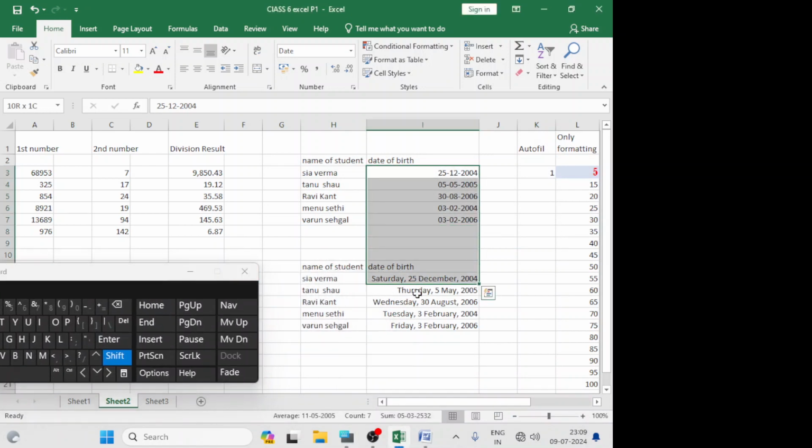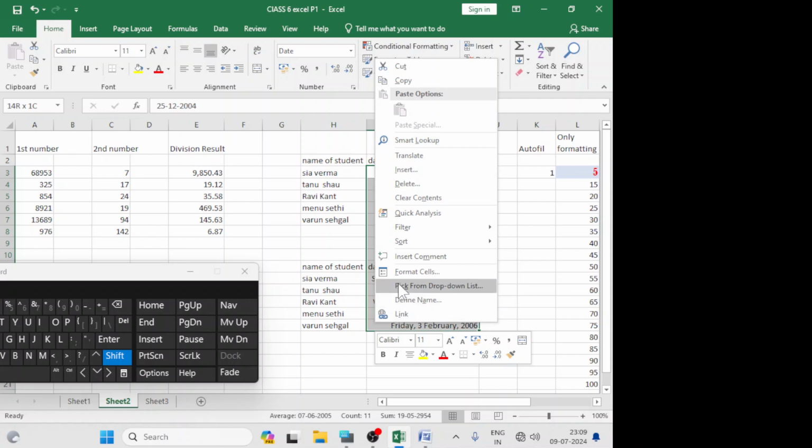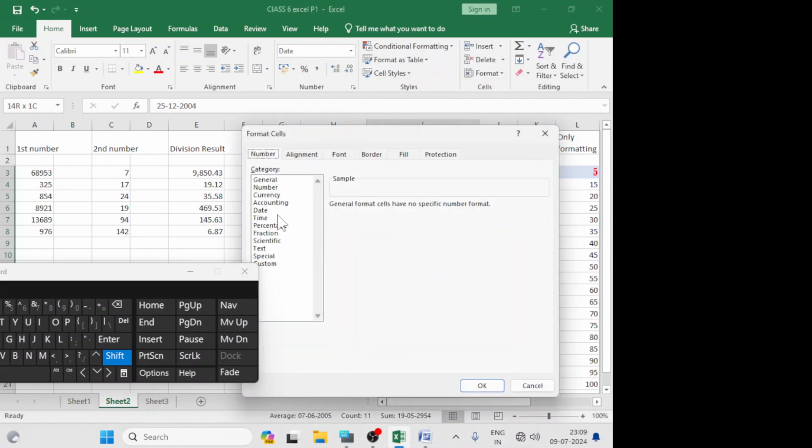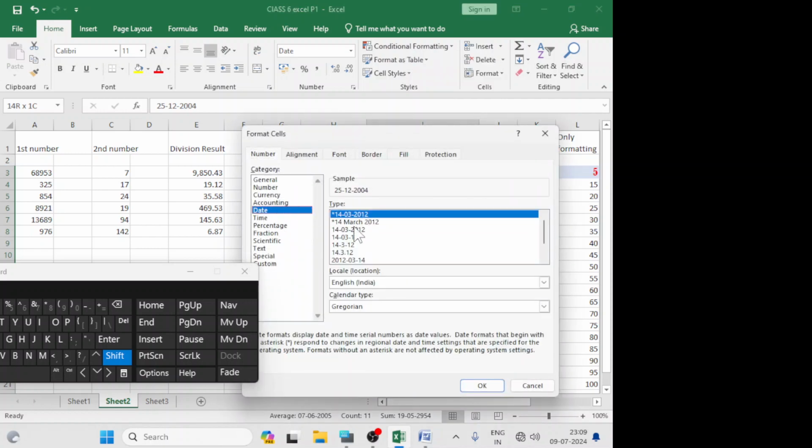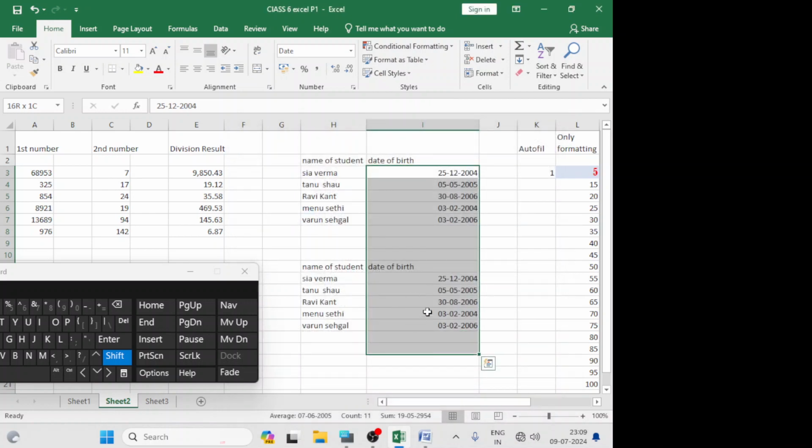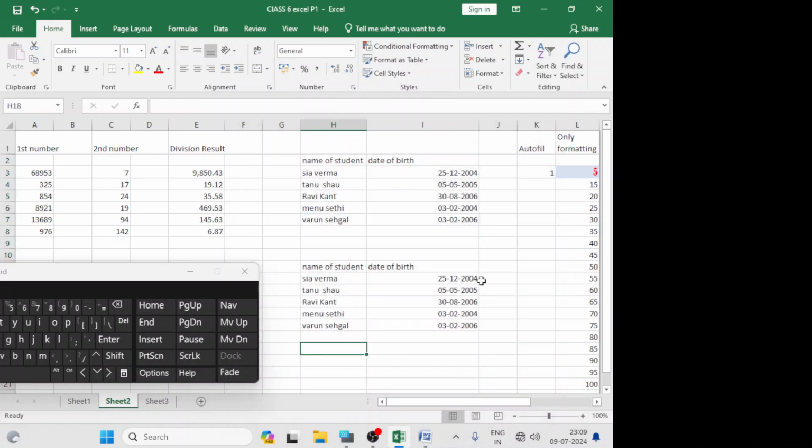In this also, right click here, Format Cells, Date, and normally click OK. I have changed these dates to a normal format. Now understand, if you want to change these dates to another format, then select this cell range.